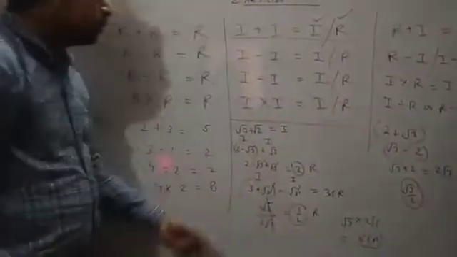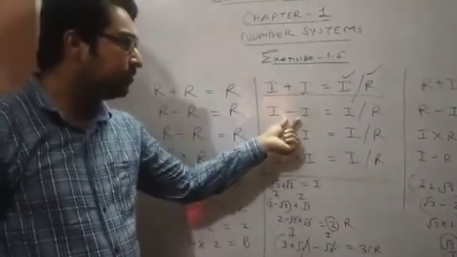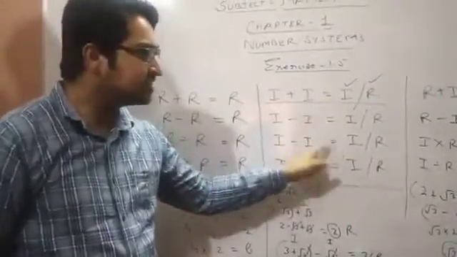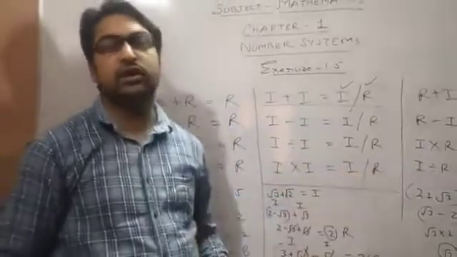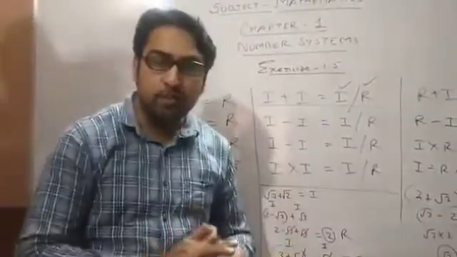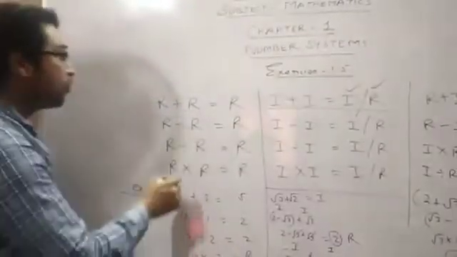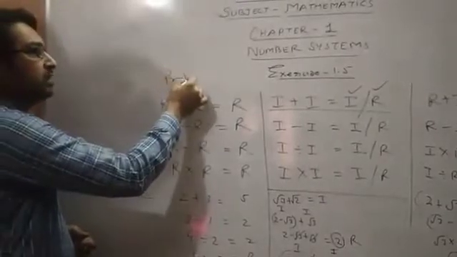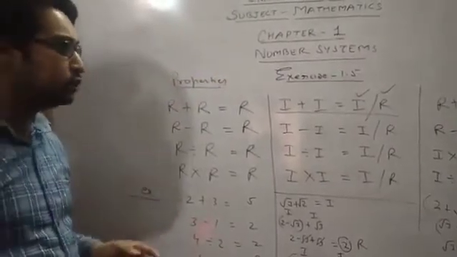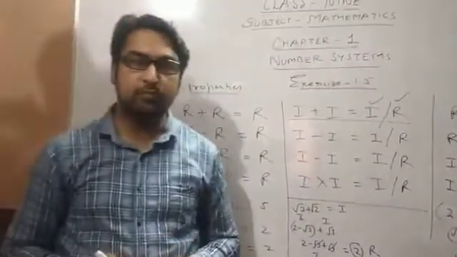तो यहां हमने आपको क्या दिखाया कि इरेशनल और इरेशनल का सम, सब्ट्रैक्शन, डिवीजन और मल्टीप्लिकेशन, इरेशनल तो होते ही हैं, साथ में रेशनल भी हो सकते हैं. कब हो सकते हैं? जब इनमें से कोई भी एक इरेशनल नंबर कॉम्बिनेशन ऑफ रेशनल एंड इरेशनल नंबर से बना हुआ हो. सो दीज आर द प्रॉपर्टीज ऑफ रेशनल एंड इरेशनल नंबर्स. स्टूडेंट्स, इस प्रॉपर्टी से आपको सॉल्व करनी है एक्सरसाइज नंबर 1.5.